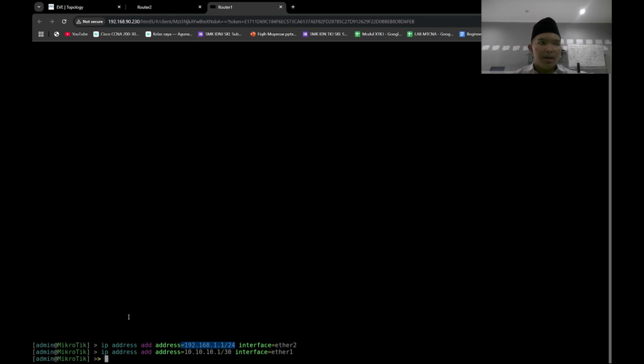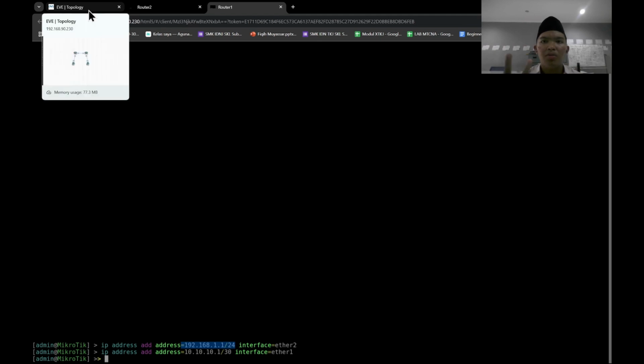For example, if you wanna ping from PC1 to PC2, but the network IPs in PC1 and PC2 are different, they cannot connect because they are not in one network. And static route is aimed to make two devices in different networks able to connect.